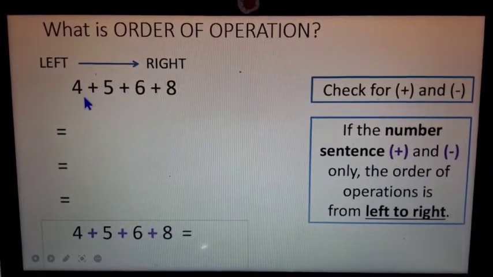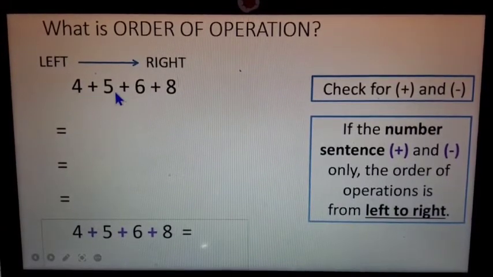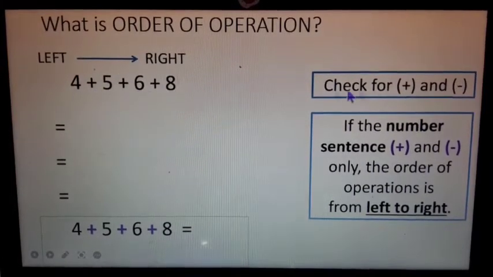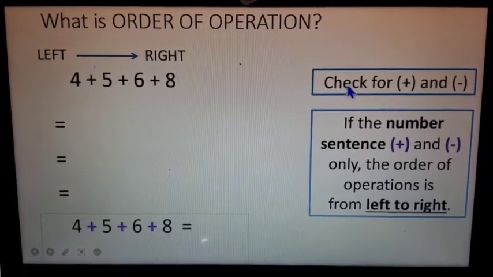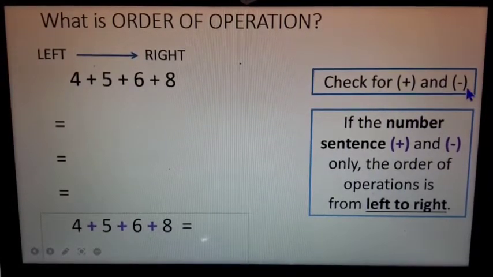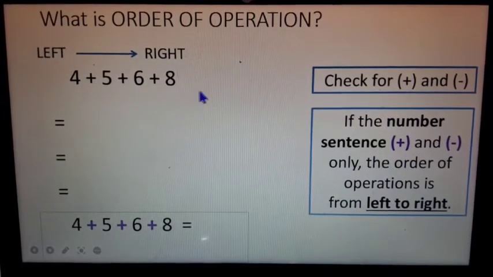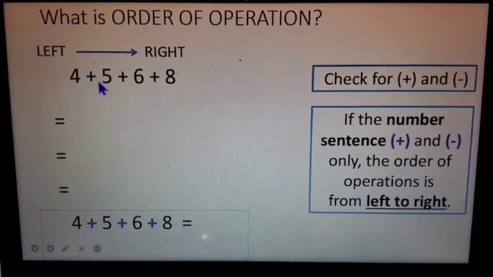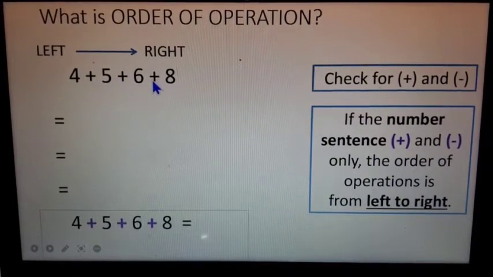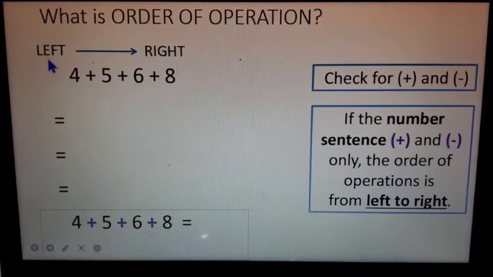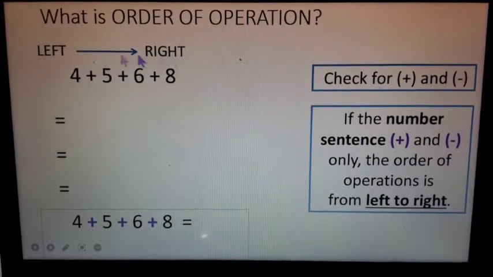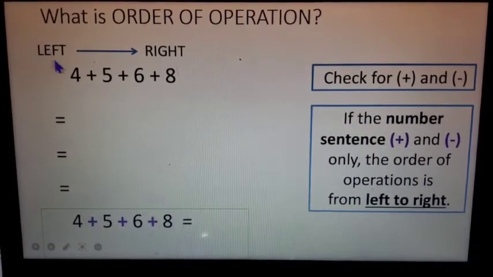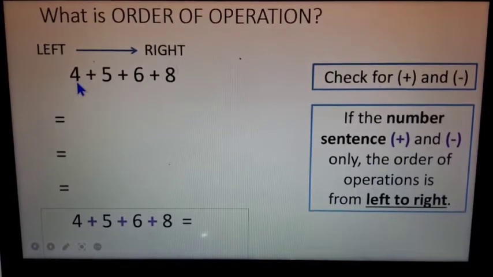Okay, the next question is 4 plus 5 plus 6 plus 8. Now, how do you solve this? Check the first step. Teacher tadi check for plus and minus di dalam number sentence. So I saw plus, plus and plus. So that means I can solve it from left to the right, isn't it? So teacher selesaikan dari kiri. I start dari kiri. Now, in this rule,